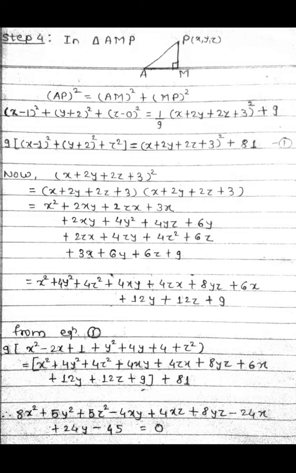Similarly, take the third term and multiply it throughout this bracket, and you will obtain the next term value. And lastly, consider this constant 3 multiplied throughout, and again you will obtain the next line answer here. I'm writing the step by step product answer. And now combine all the terms together.